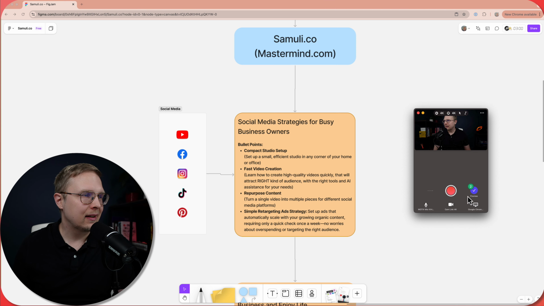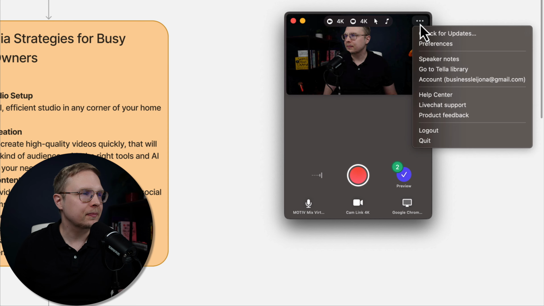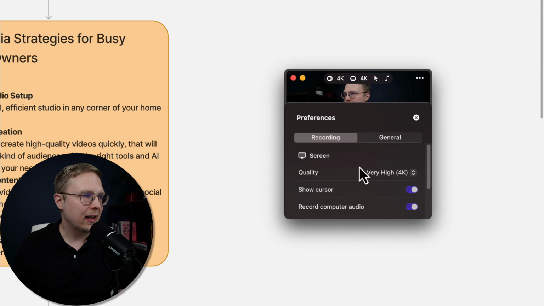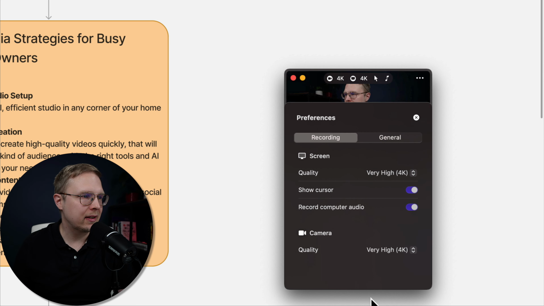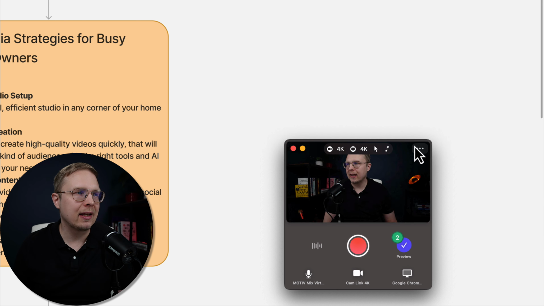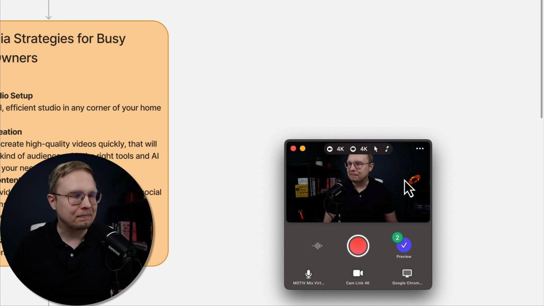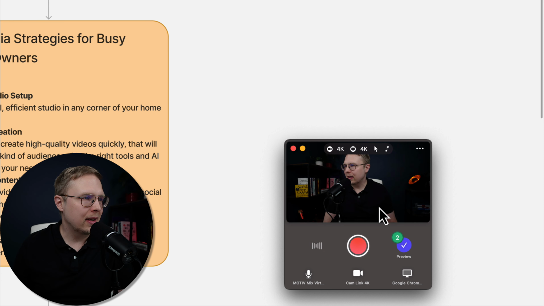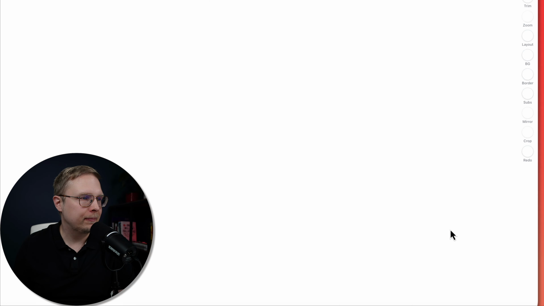And for example, one more thing about this recording window, you can see here a little bit of preferences. So for example, you can select the quality of the camera you record, is it 4K or any of these. Then you can select the quality of the screen you record, and just a few more settings here. So very simple and easy to use software. And now when we click this preview button, it will open